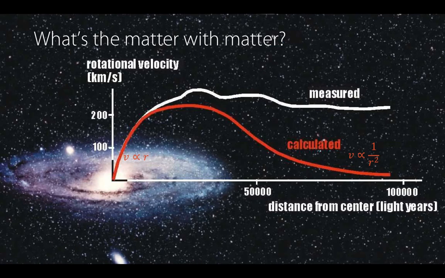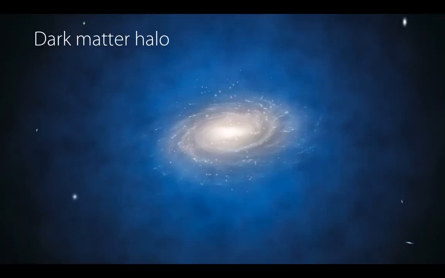That is shown by the red line on this graph here. So near the center, v is proportional to r. At the outside, v is proportional to 1 over root r. That is what we would calculate. But that's not what we measure. Okay, and a couple of astronomers in the 1960s, 70s, and 80s first observed this. And it was thought to be a bit curious, but it did seem to imply that there was something else there. The explanation of this result is if you have a halo much bigger than the observed galaxy,